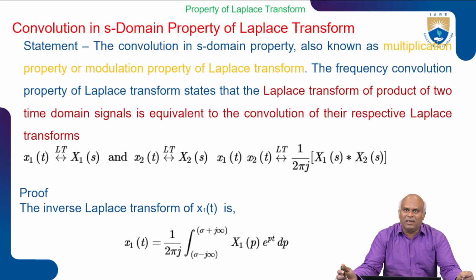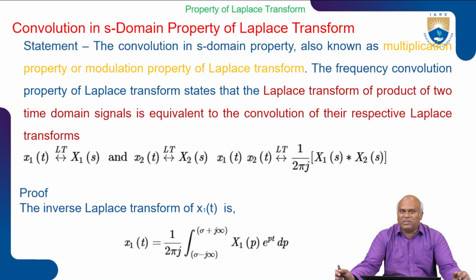The first property is convolution in the S domain of the Laplace transform. This is also known as the multiplication property or modulation property, that is, the frequency convolution property of the Laplace transform. It states that the Laplace transform of the product of two time domain signals is equal to the convolution of the respective